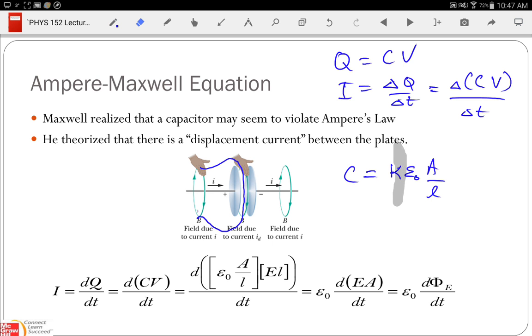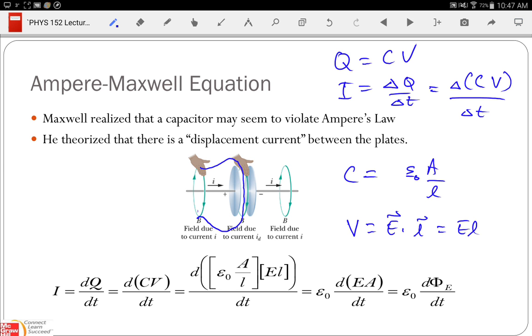Because this picture has air, where kappa is just 1. That's why. If it wasn't air, you would have to have the kappa in there. So that's the capacitance. And then we know that in a capacitor with parallel plates, the electric field is uniform, and V is equal to the electric field dotted with the length, which would just be EL. And so substituting those two, the value for the capacitance and the electric field, the voltage in terms of electric field,